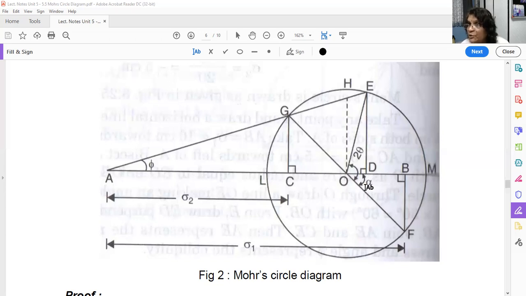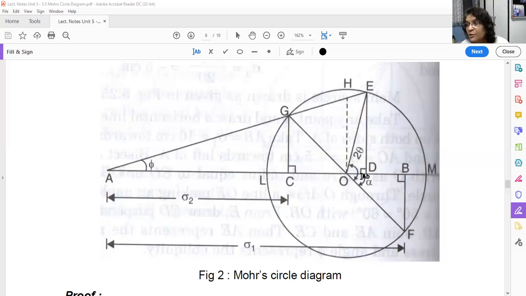This is double always, you know. So alpha by 2 is nothing but theta P1. Understood? That is theta P1, the principal stress angle, or principal plane angle, you can say. So from OF, everything has to be measured from F because we have taken this reference. Okay, so angle alpha represents principal plane angle. Now this is for my major principal stress. For minor principal stress, again from here it will be alpha plus pi divided by 2. That will be minor principal plane angle.